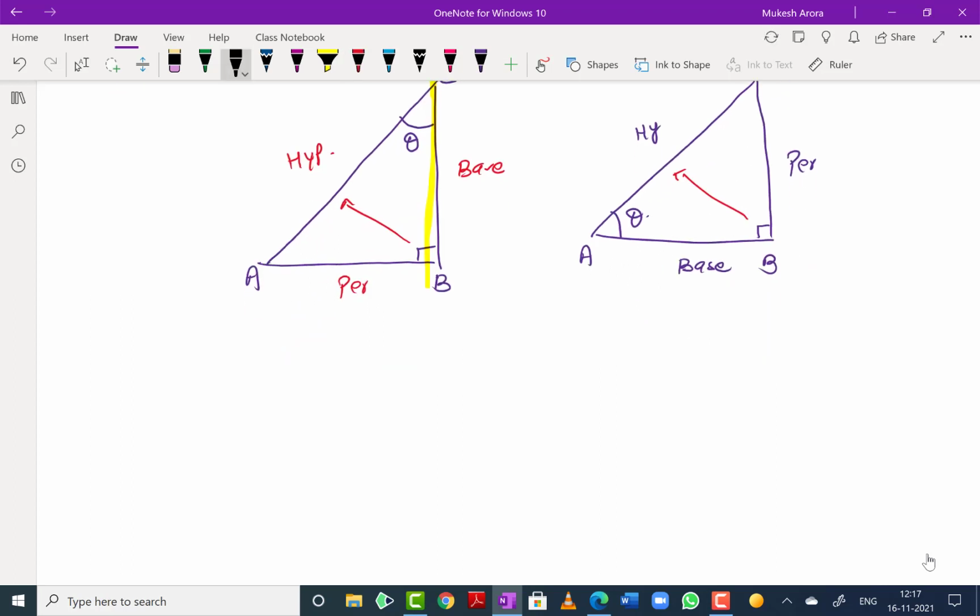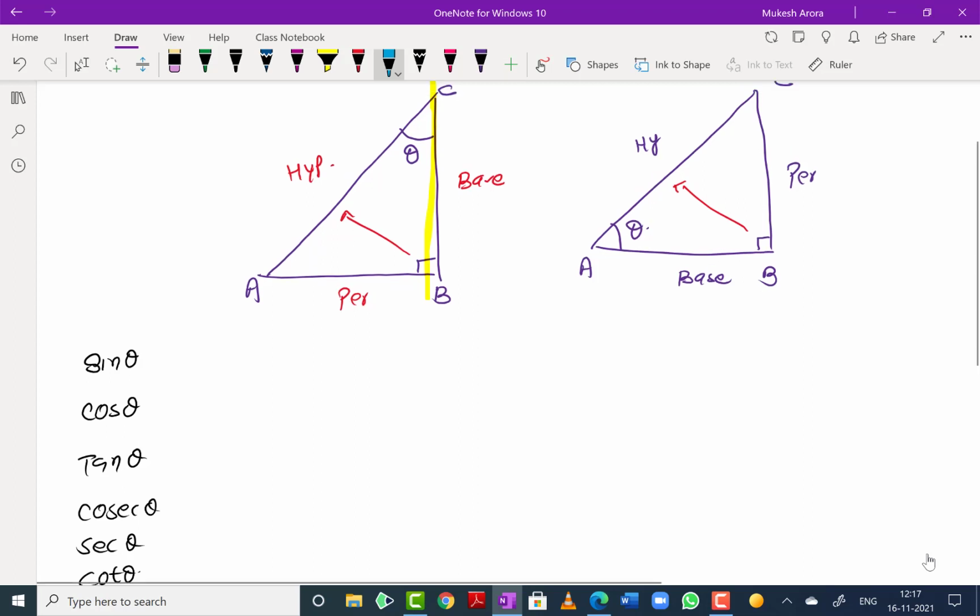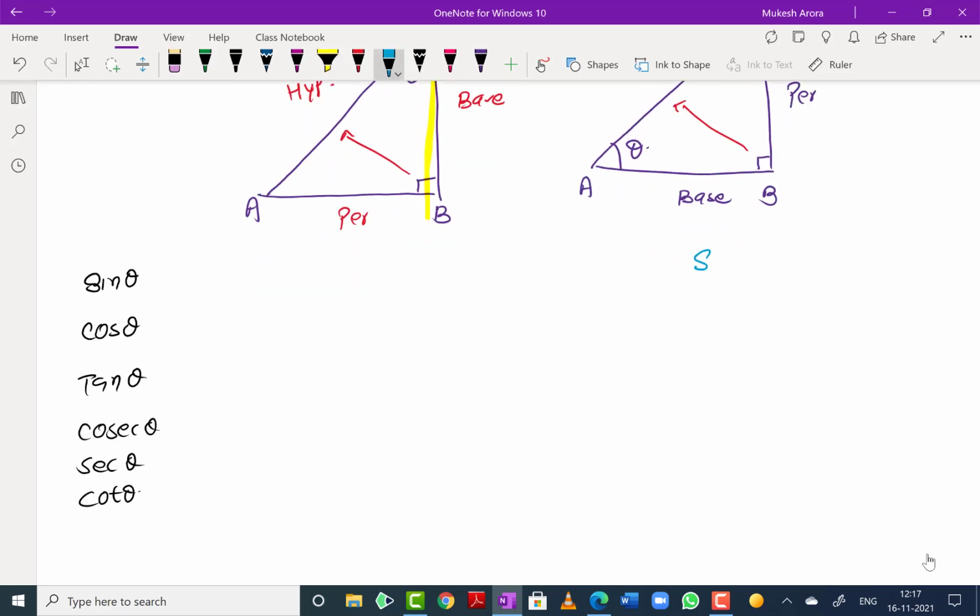Basically we have 6 trigonometrical ratios, that is sine theta, cos theta, tangent theta, cosecant theta, secant theta and cot theta. To know what is sine, cos, tangent, cosecant and secant, we have to learn this. Some people have curly brown hair through proper brushing. This is sine, cos and tangent.